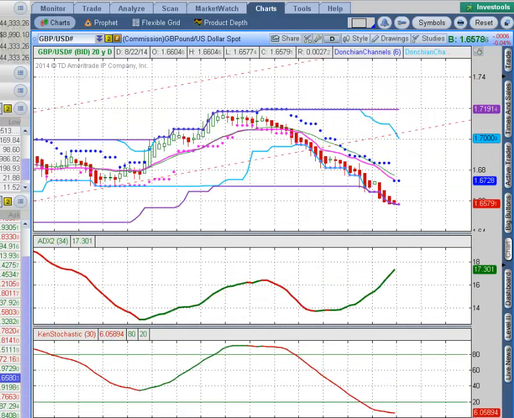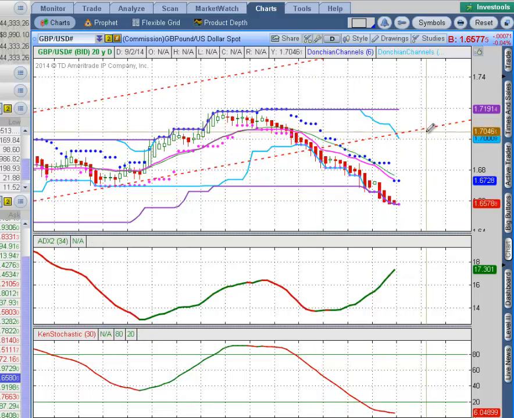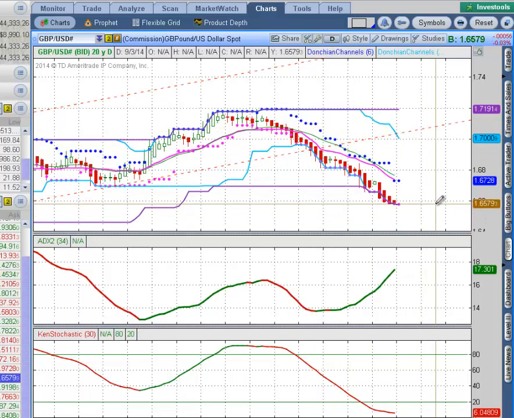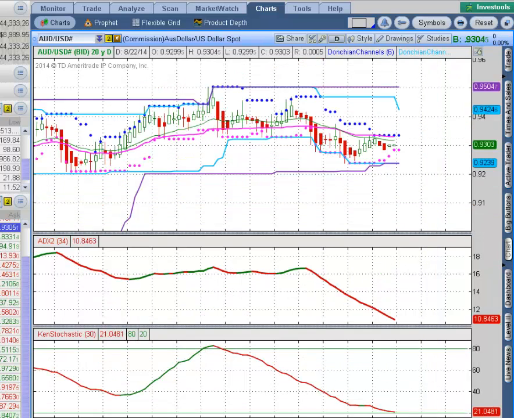There is one qualified pair today, and that's the pound US dollar. A couple of weeks ago, the price broke through the bottom of this long-term uptrend channel. This would be a bearish trade. Let's now look at the price charts for some of the more popular Forex pairs to trade.